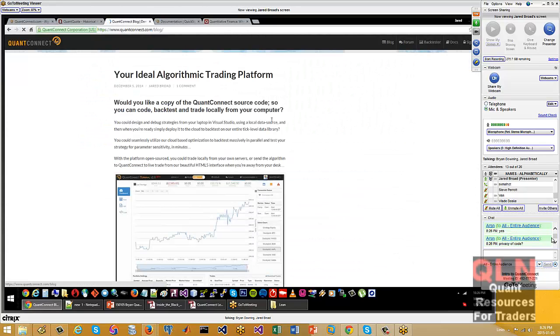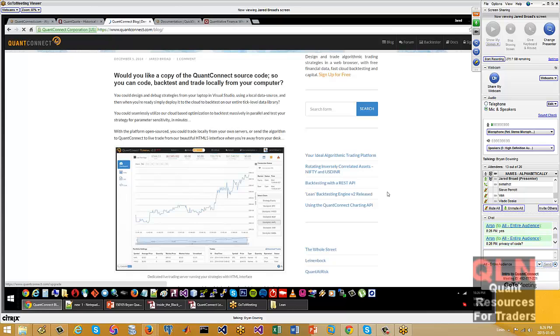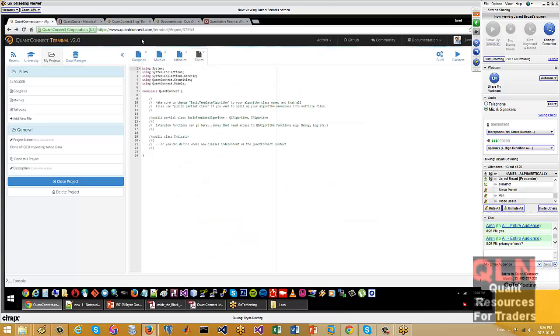Let's give some Jared loves some privacy of code from Arsen. Yeah, it's definitely an issue. I mentioned it earlier, but in order to execute the algorithm, we need the algorithm. There's no way around it. In order to offer the data for free, the data providers have said we can't give people data. So we have to give people access to the data, but we still need to put your algorithm next to the data and then execute it there. So there's no way around that, sadly.